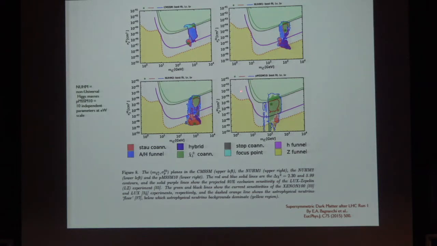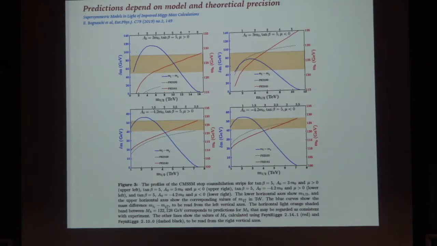And here is the projection of LZ direct dark matter detection experiments. And this is just assuming a slight variation of the SUSY breaking scale. And there's another thing: if we're going to do these very sophisticated searches, we, the theoreticians, should also work a bit harder. What they show here is a difference of stop lines, which is the blue line, where they know that the dark matter density corresponds to that observed by